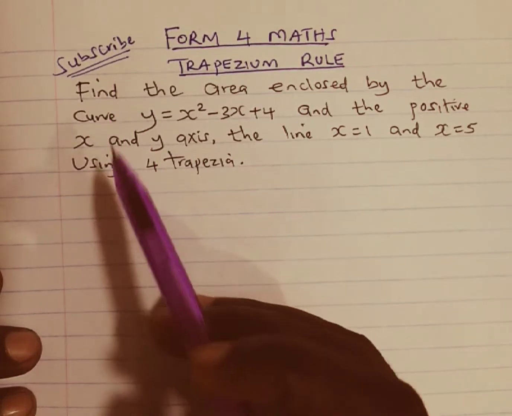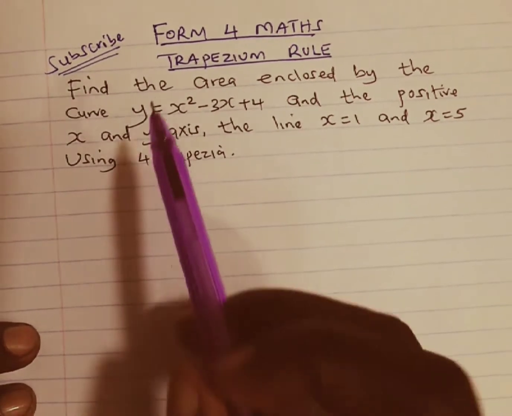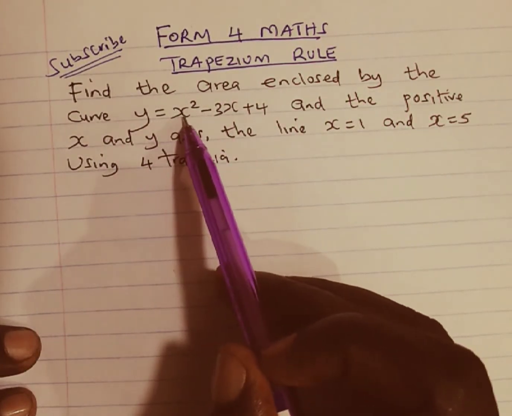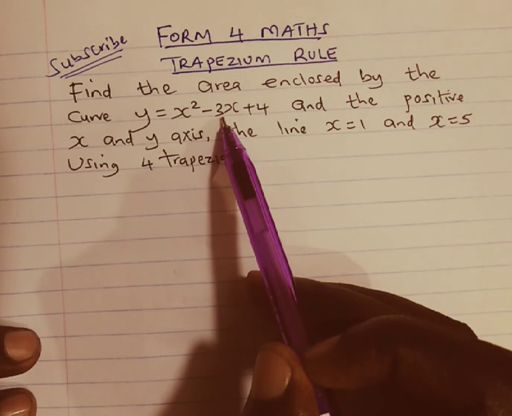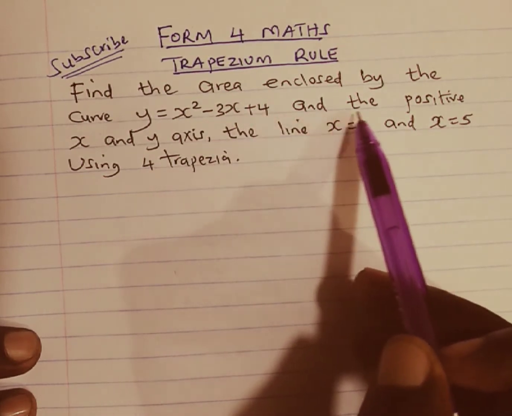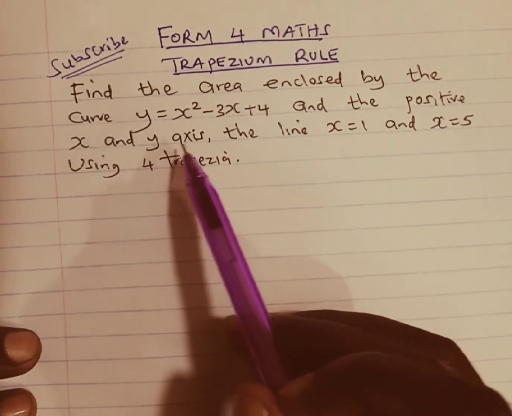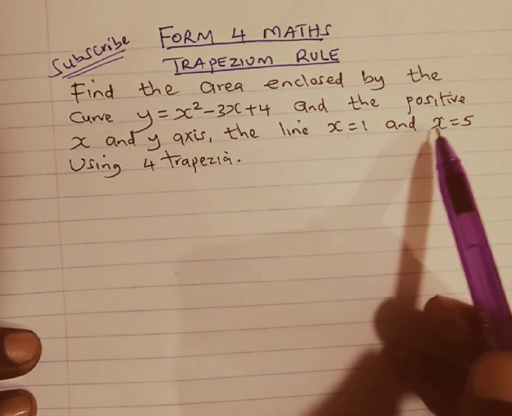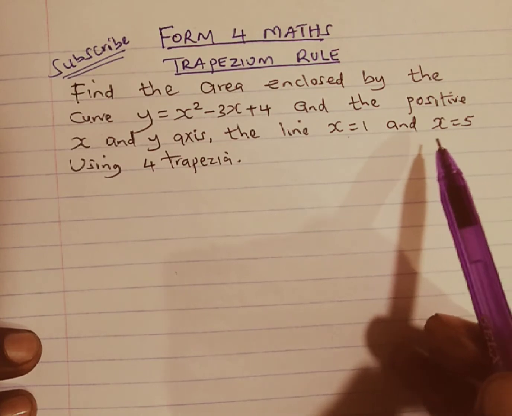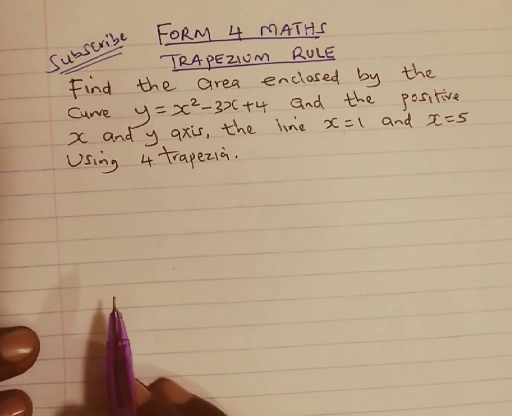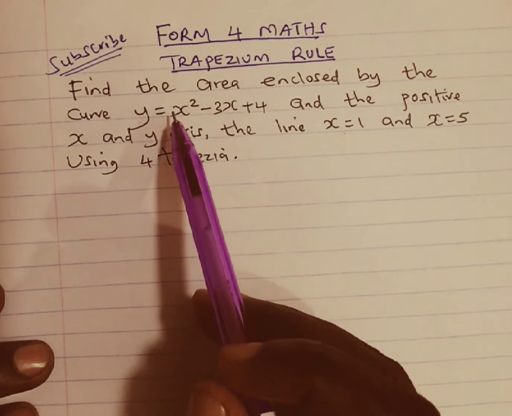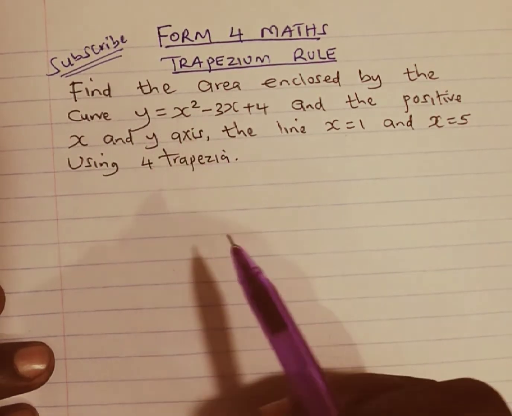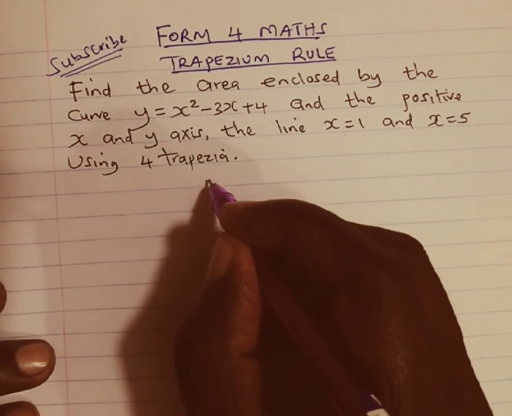Let us go through the question together. Find the area enclosed by the curve y = x² − 3x + 4 and the positive values of x and y axis between the line x = 1 and x = 5 using 4 trapezia. When estimating the area under the curve using trapezium rule, the first thing we do is to